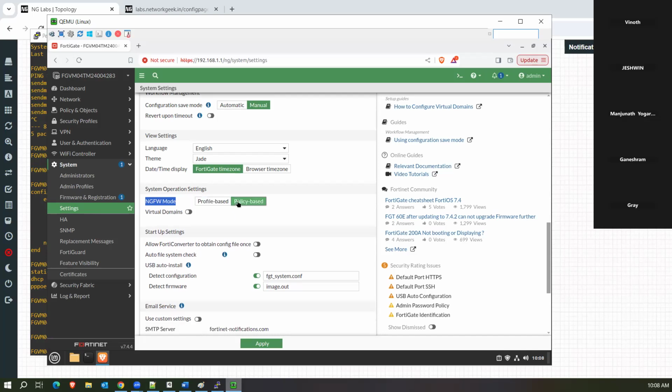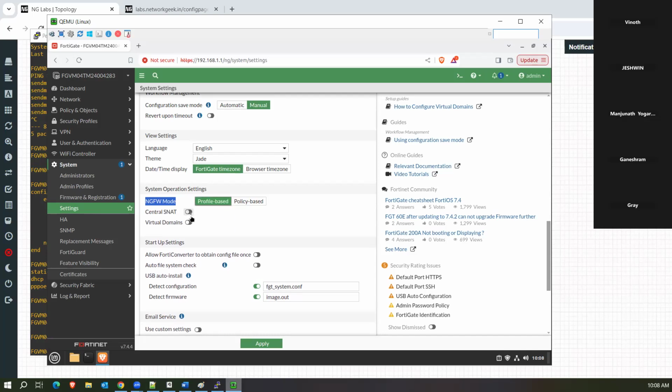And then again, we have the central SNAT mode. If you enable central SNAT mode, then you get the option to configure your NAT policies separately. By default, in NAT mode, your security policies and NAT are combined. But if you use central SNAT, then this will be separated. You can manage your policies separately and NAT separately. So depending on the requirement, we can enable this. I believe one of you asked to include the central SNAT in our topic. So I will do this, and I will explain this in a